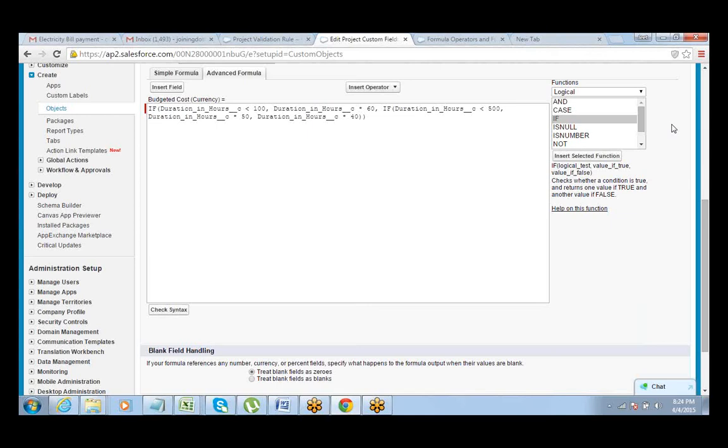Like I gave you scenarios, you people came up with the scenarios. Think of more scenarios. What all fields can be automated using formulas? You are independent to think of your own logics, like for budgeted cost. This way you can think of more fields and try to populate the values of those fields.